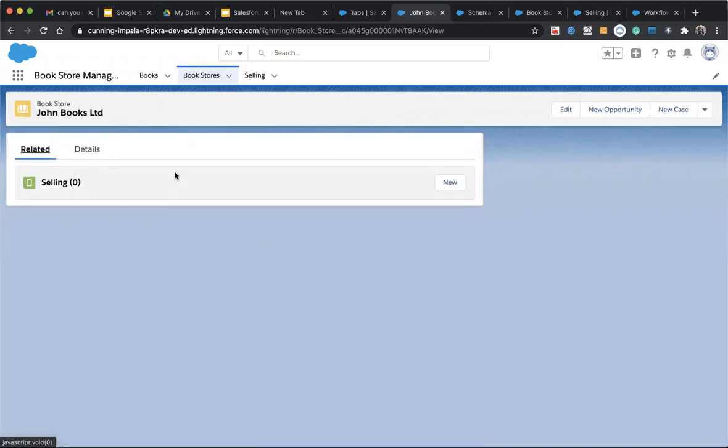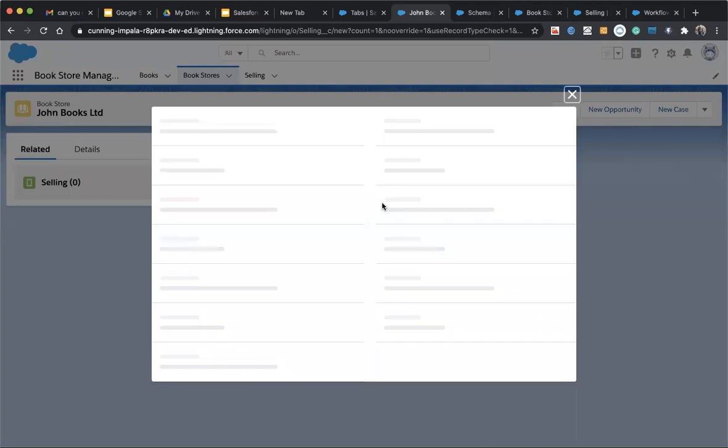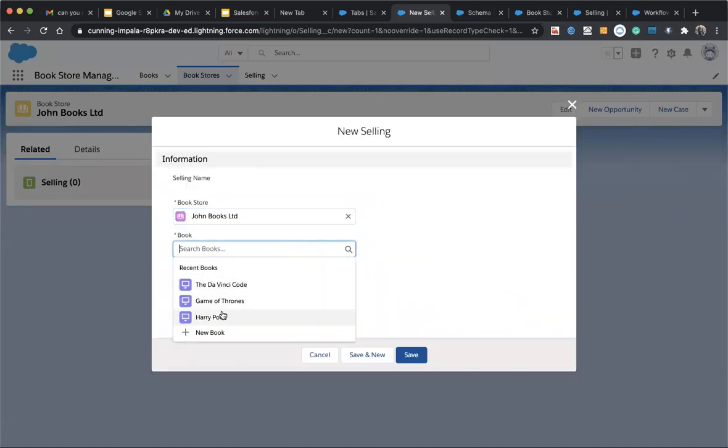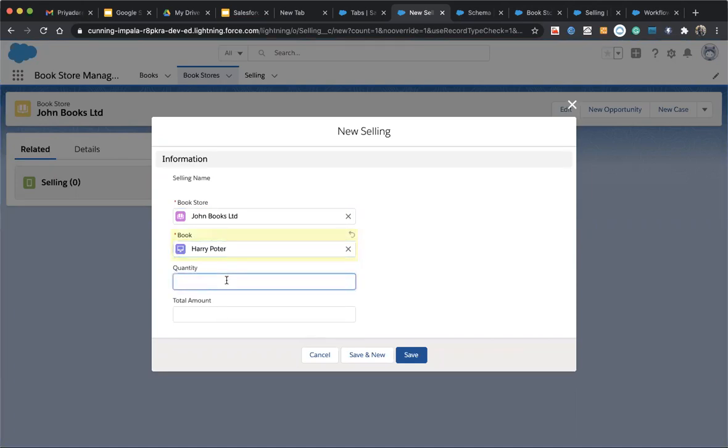Now whenever John Book Limited has to sell a book, he will go here, create a new record and search for the book. Suppose he wants to sell Harry Potter and he sells 3 quantity.